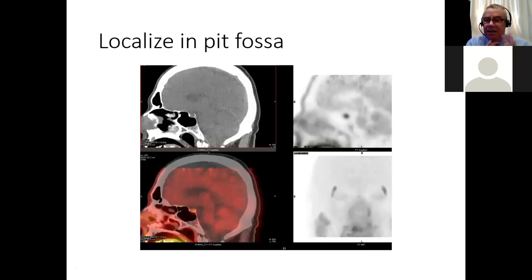Sometimes it's easy to see things in the sagittal plane, because here you can see the pituitary fossa. And again, notice the bone is missing from the bottom. So this patient's been operated on, and you can see that this is the sella, which is tunica, which is